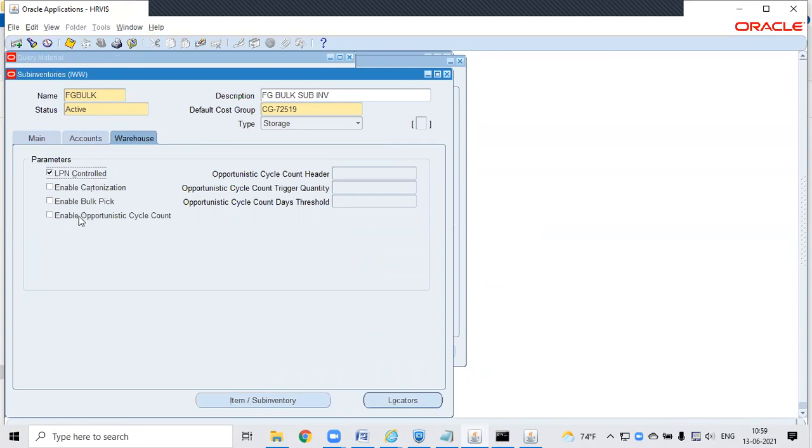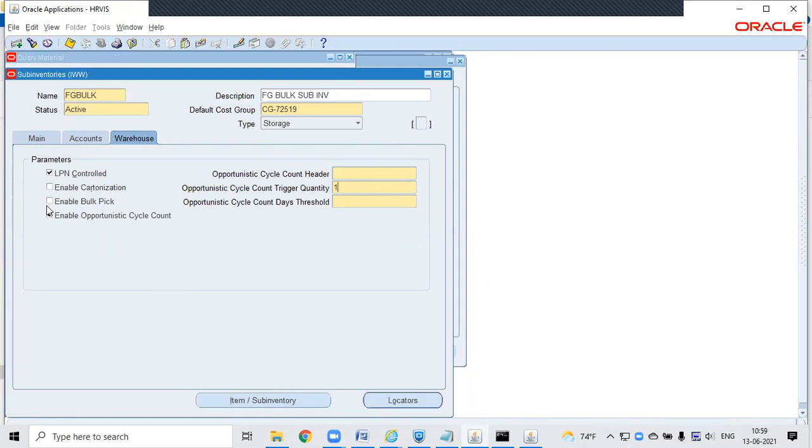You have physical count and cycle count. On top of that, you can enable the opportunistic cycle count, and you can trigger a cycle count when your inventory for a particular location goes down to a particular number. Like I said, I define it as 1. If my inventory goes down to 1 after I pick from that location, then automatically the next task assigned to the operator is a cycle count task. We will go through more details during picking and cycle count.